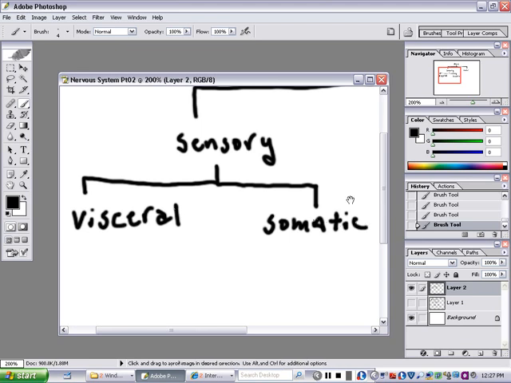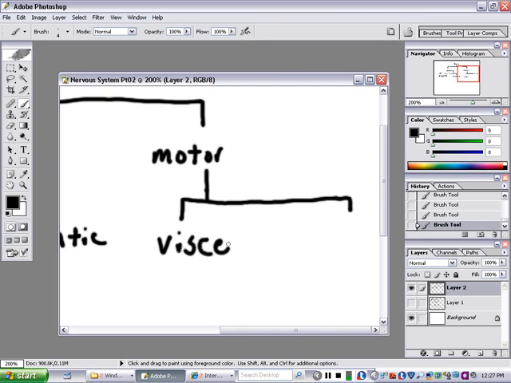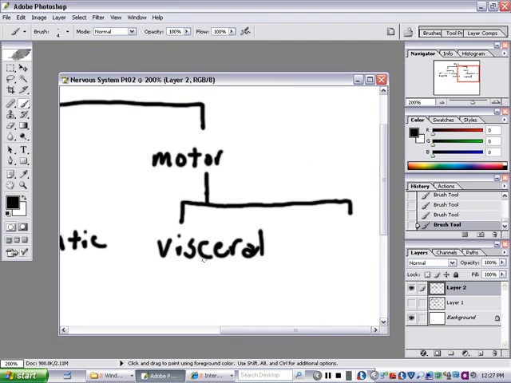Okay, and again, all of this should make sense. And if we go over to the motor component, the motor component has two parts. And just going to cut right to the chase. That's going to be the visceral component, which takes information to our organs, to our smooth muscle. And then we're going to have a somatic component, which is non-smooth muscle. Okay,